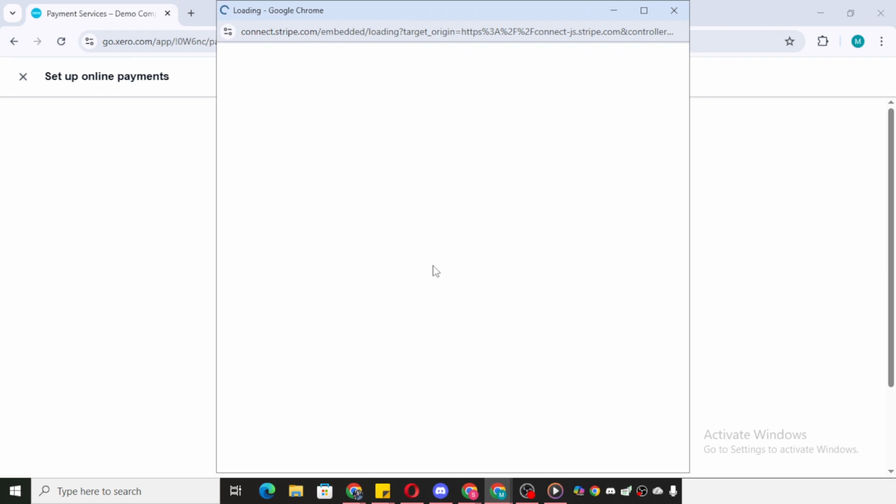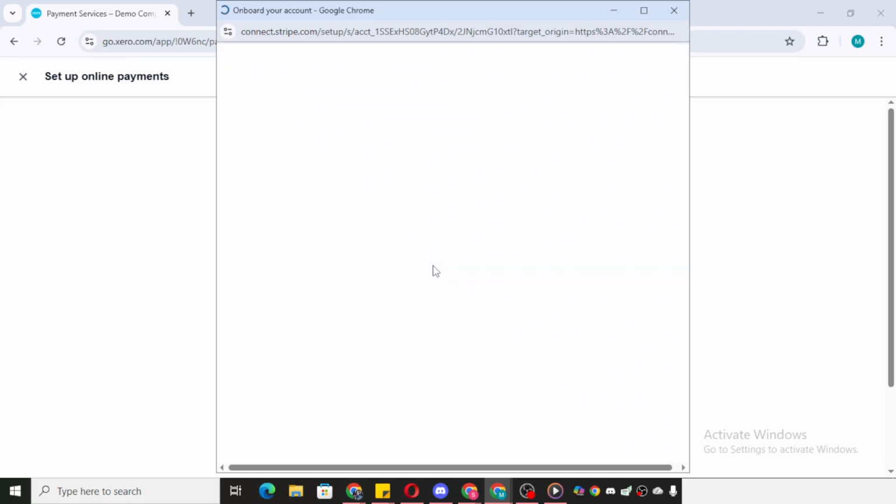If you don't already have a Stripe account, don't worry. Xero makes it convenient to create a new account right here. Just follow the on-screen prompts carefully to either sign in to an existing Stripe account or to establish a new one. Once you input your login details or complete setting up your new account, Stripe and Xero will begin linking